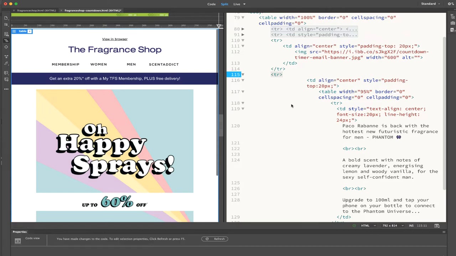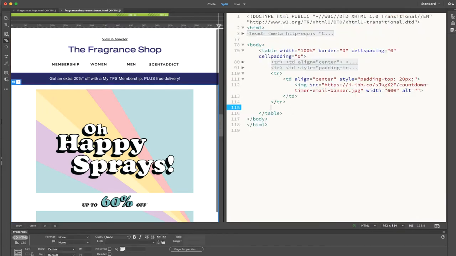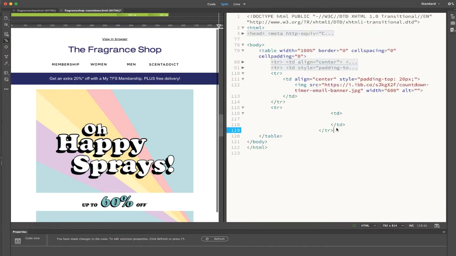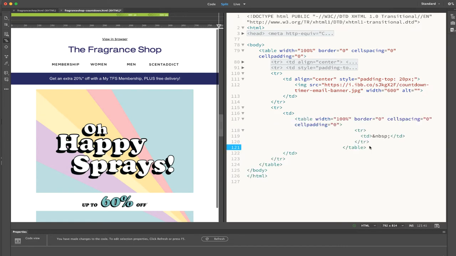Alright, so I'm going to undo that and use another TR, because what happened was the text just exploded. It just took over the whole thing, whereas I need the text to be sort of within